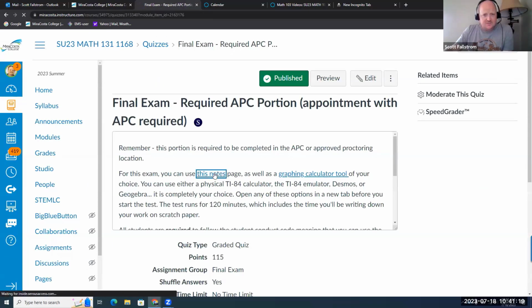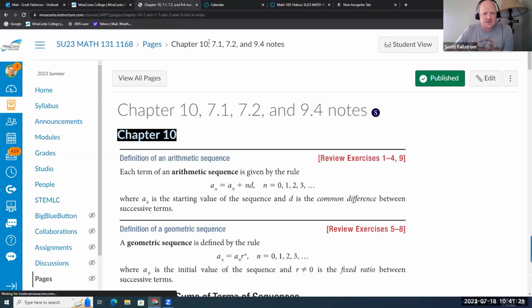Yeah, so here's this notes page. You just click on it to start. It'll open it up. If you're there, press Control and click on the link, and it just pops open in a separate tab, and you're completely allowed to use that page. Okay, so I'm going to stop sharing now and go through